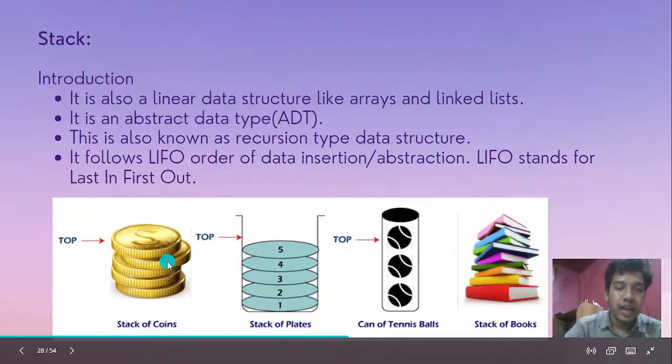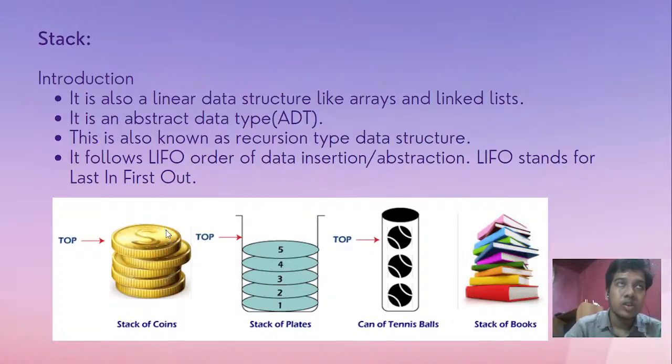So let's understand this operation of LIFO first. Whenever we have a stack, for example a stack of coins, first we will keep one coin, then above it we will place the other, above it the third one, then fourth, then fifth one. The process of inserting coins on this stack is that you place the coin on the last coin which you have inserted. So the last coin is on the top, and above this top you will insert another coin. Hence the operation is last in first out, that is, whoever comes last will come out first.